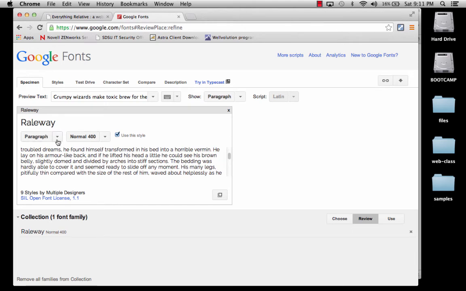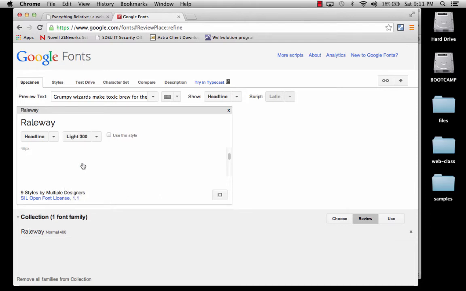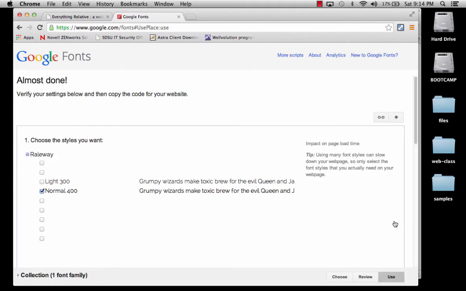You can look at them in paragraph view, you can look at it in headline view, and so forth. You can look at the different styles that come, or the different weights, that come with these. And I tend to like to pick fonts that have lots of different styles, so that you have a lot of different options. But that, of course, doesn't mean that I'm going to use all those styles, because that will affect your page load time significantly. Anyway, so I'm going to go over here where it says Use,